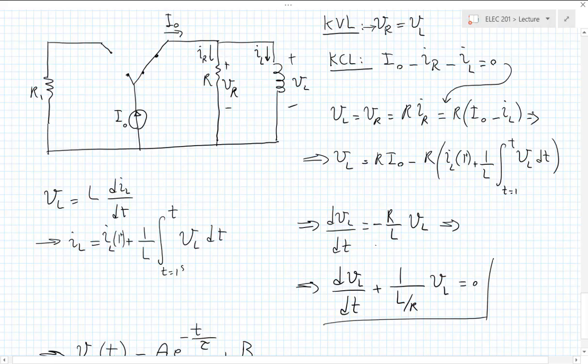Is it 0? What do we know about the inductor at that point? Why is it that no current passes? Okay, very good. So what we know about the inductor is that it does not like a sudden change in